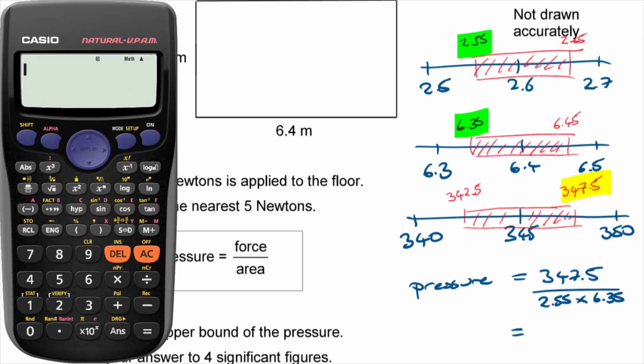It might be worth doing that anyway if you've got a bit of spare time towards the end of the exam. It's a good way of checking your answer. So